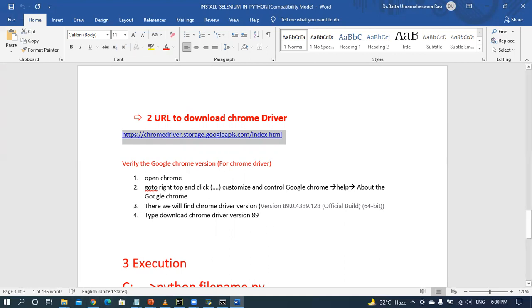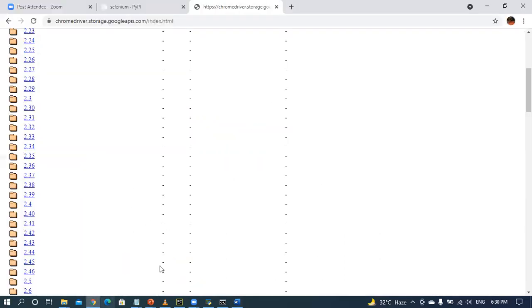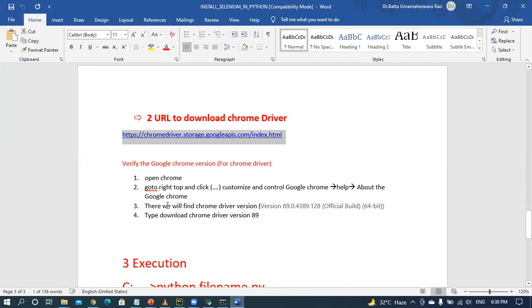How do you get to the Chrome version? I go to Chrome, and at the right top there are these three dots buttons. Is it clear? After that, what is the next thing here? Customize and control Google Chrome. There is a help button.